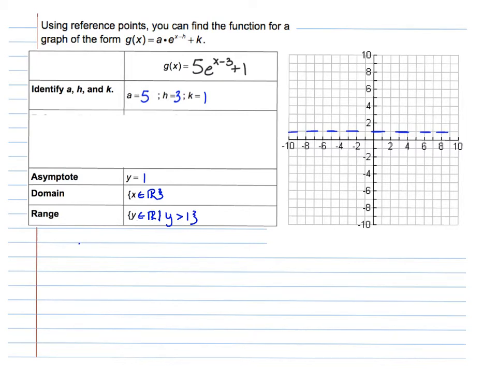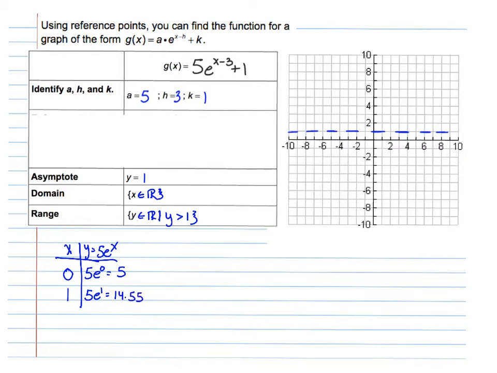Do our t-table to graph. We're going to have our x and our y is equal to 5e to the x. And we're going to use those vertical and horizontal shifts after we get these points. So we have 0 and 1. We have 5e to the 0, which is just going to be 5. We're going to have 5e to the 1, which is 5 times 2.71, which I got to be